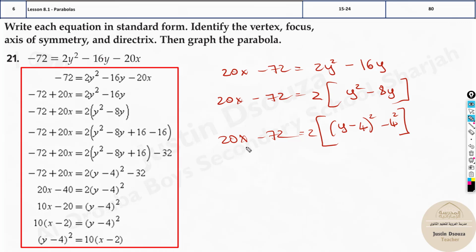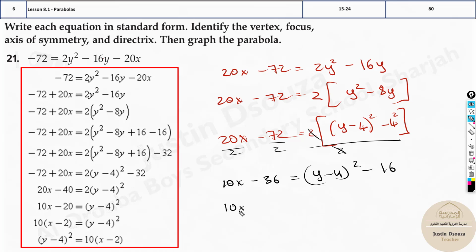See, left side, there is this divided by 2, this divided by 2, this divided by 2. Here 2 cancels. So what is this? It is 10x minus, 72 divided by 2 is 36, is equal to y minus 4 the whole square minus 16. 4 square is 16 because this 2 is gone. Now take the 16 to the other side. It will be 10x minus 36 plus 16, which is minus 20, is equal to y minus 4 the whole